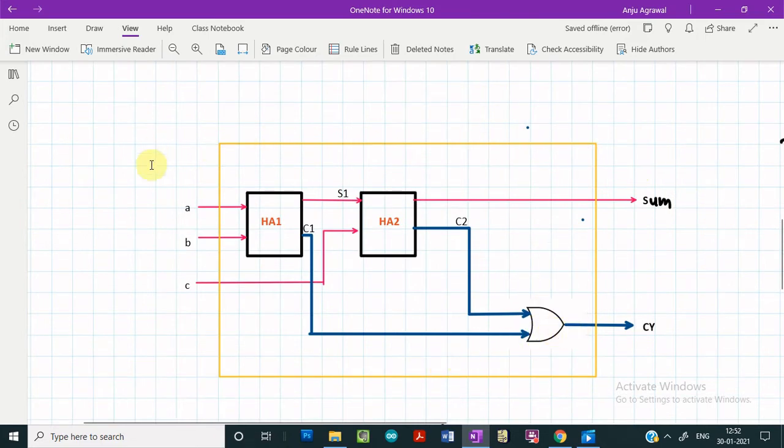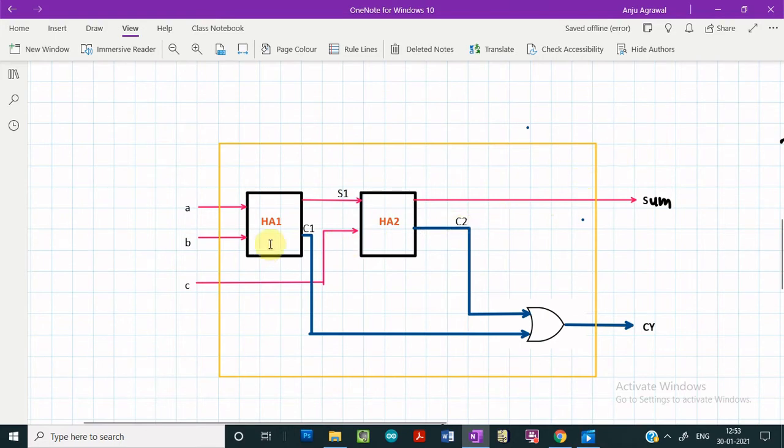So this is a logic diagram for a full adder, which is using two half adders in it. Now our basic aim is to see how we can design the full adder using two half adders, making use of the hierarchical design concept. And for this particular example, we will be using the bottom-up design methodology.